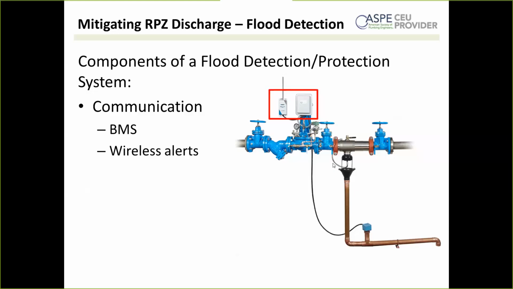That's how they've chosen to do it. If you really want to talk about comparisons, I'd be happy to do that offline because I don't want to get too much into the commercial stuff since this is for ASPE. But Watts uses this